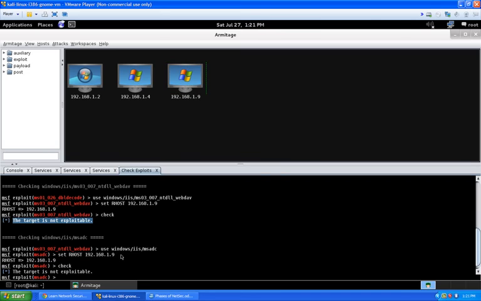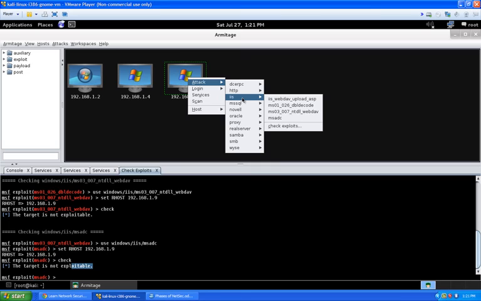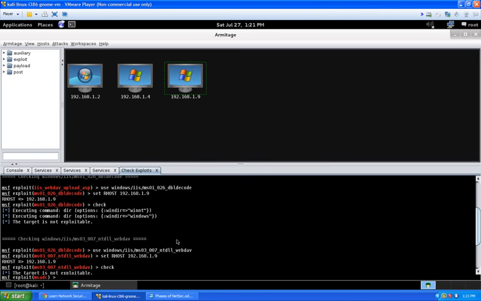We know that right off the bat. Then this one here, IIS MSADC, says the target is not exploitable. So again, if we went to attack and then IIS and then down here, we know that it's not vulnerable to that one. So there are ones that said, like I said,